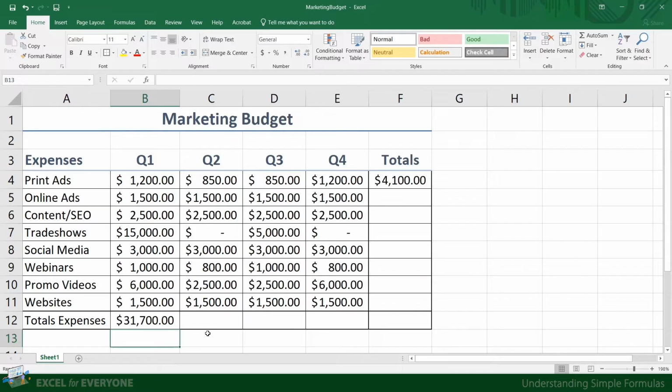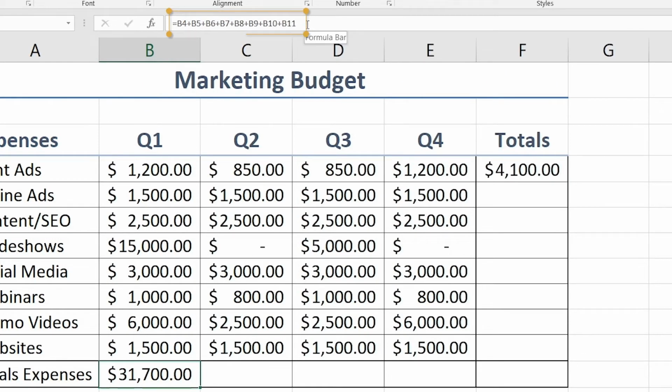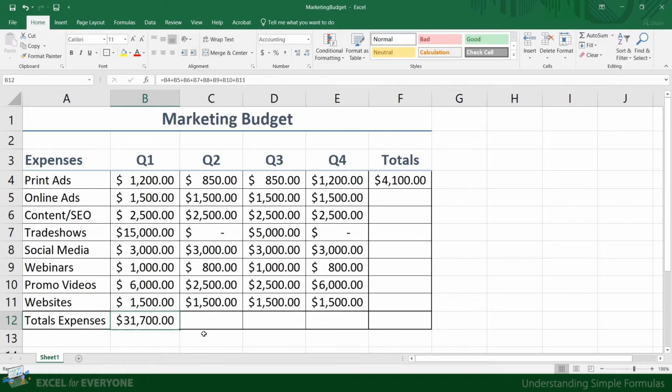A couple of minutes back I said to keep in mind that when you use a formula, the actual amount of the calculation is not contained in the cell, only the formula with cell references. In this case, click on B12 and you'll see that the formula is in the cell. That means that if we apply the fill handle starting at B12, we won't be copying the total amount, but the formula itself, which is exactly what we need. So with B12 selected, click on the fill handle and drag it until the fourth quarter, and boom,